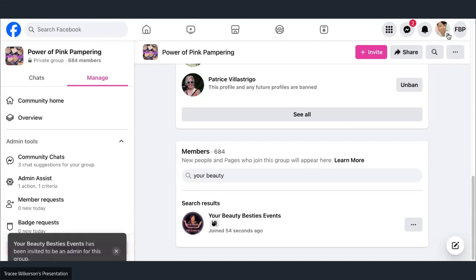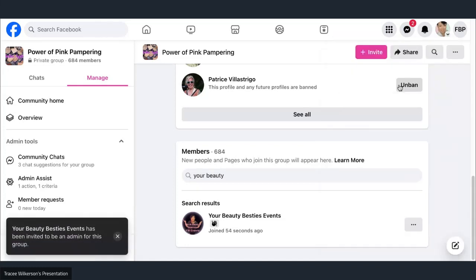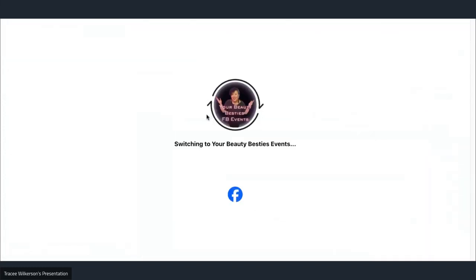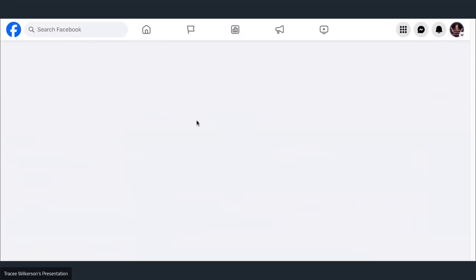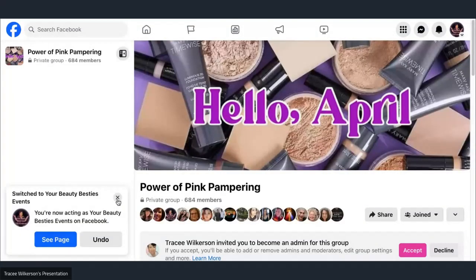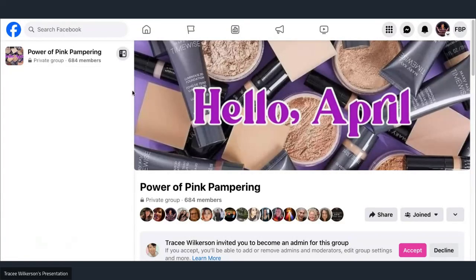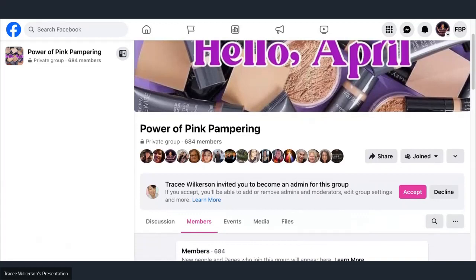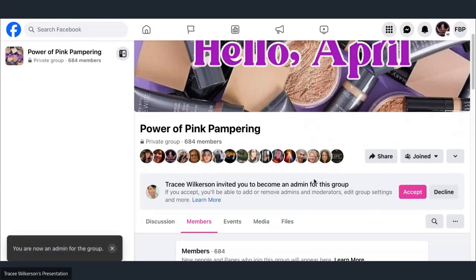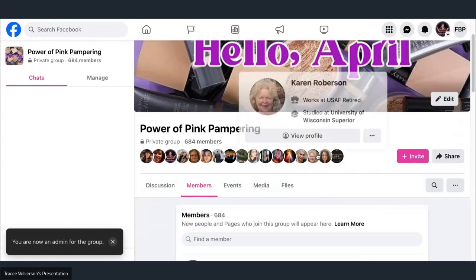Again, you've got to toggle. We're going to go back over to the Beauty Besties, and it's going to give me a notification that I was invited. And let me refresh. It's loading up right now. So if you see that right there, do you see that because I was in the group, it says Tracy Wilkerson invited you to become an admin for this group. I am going to click accept. Please read the things on your page. You're going to accept that. Okay. So now that it's accepted,